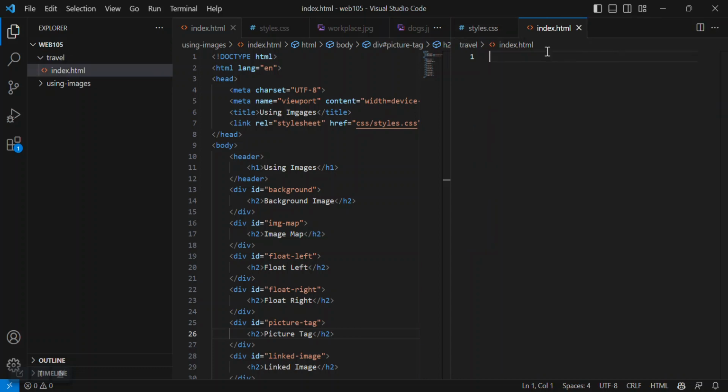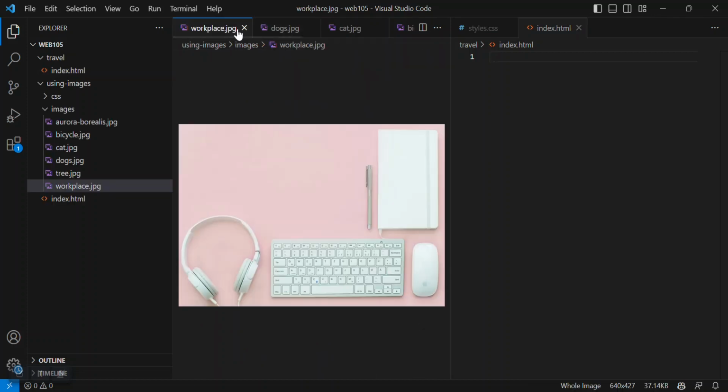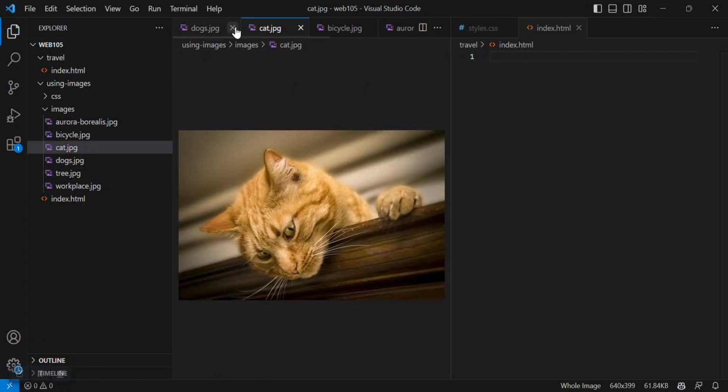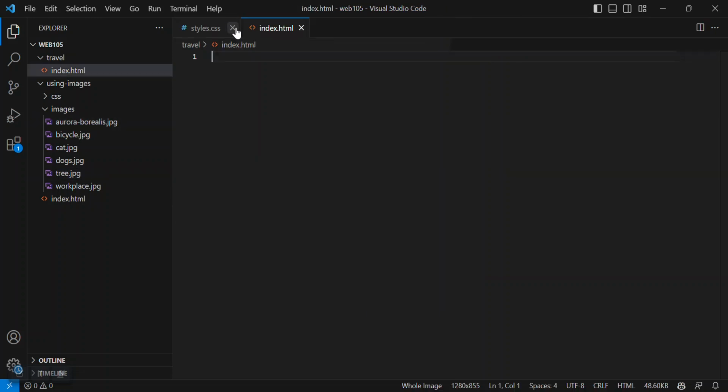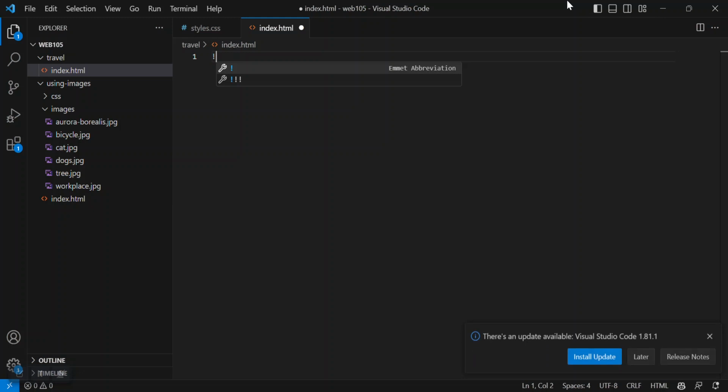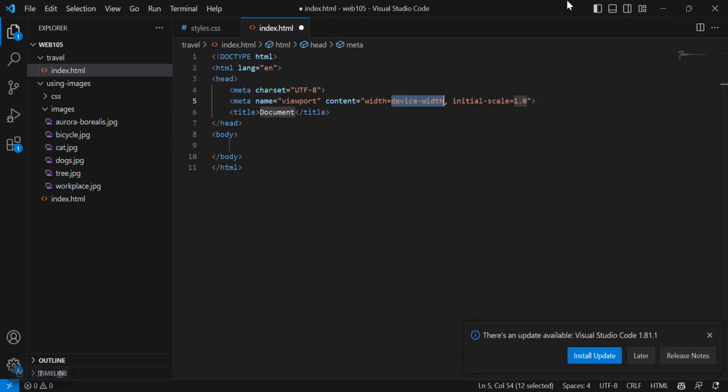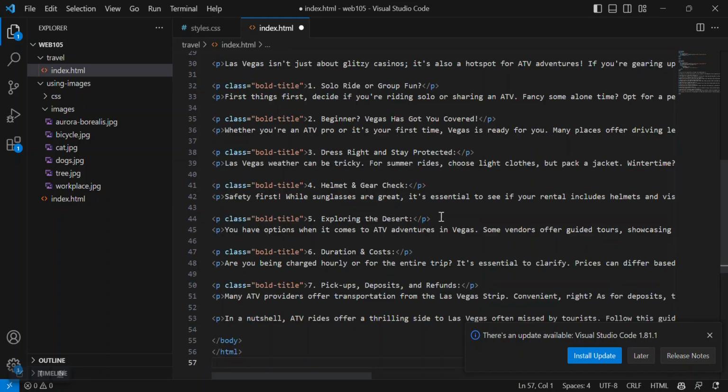And let me close everything that's currently open. I have my own photos from that, so I would add those. And I would start by putting in my normal. Now, what I like to do here, because I don't need all of the code, I'm going to paste it.